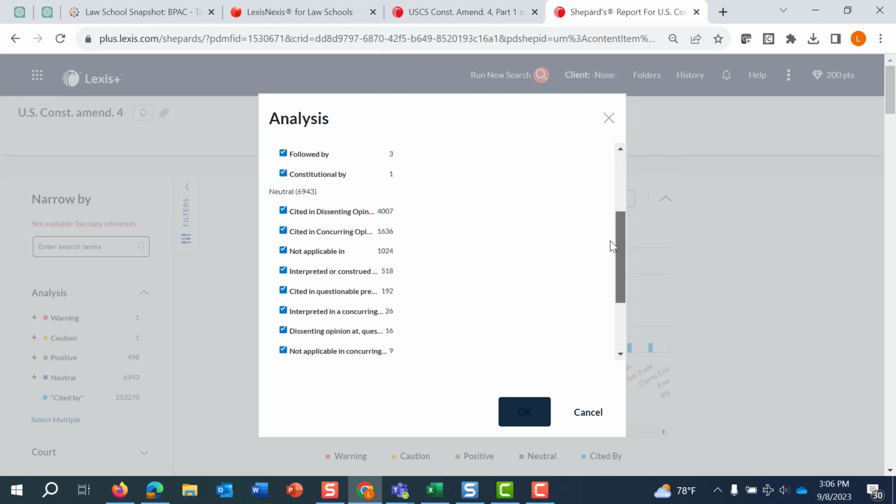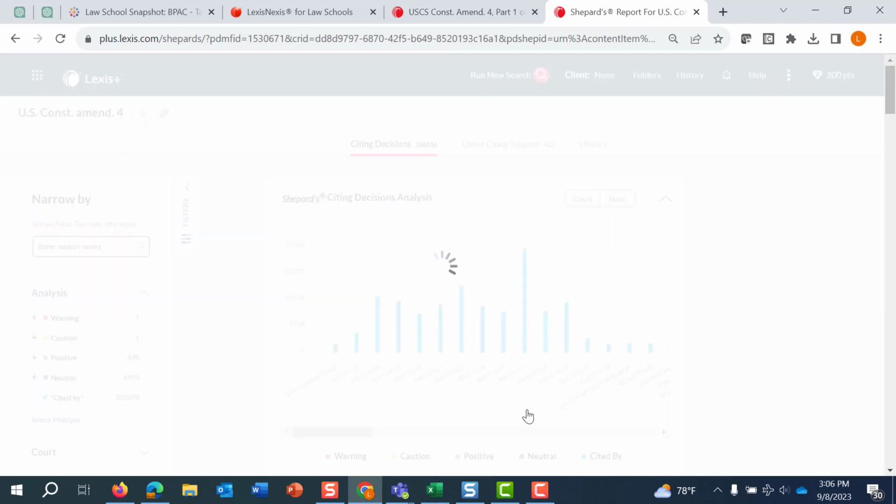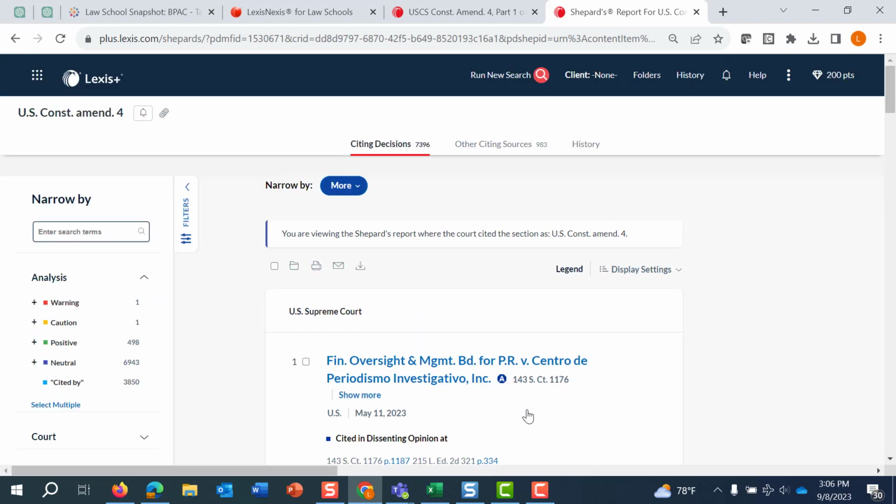I want to know about all of those except for cited bys. If you're looking through this list of cases, anything that's a string cite, which is what cited by is, is not going to have any beef behind it. It's not going to give me any discussion or any food for thought. So I'm going to go ahead and get rid of those. And that has brought my number down quite significantly. So I'm now looking at